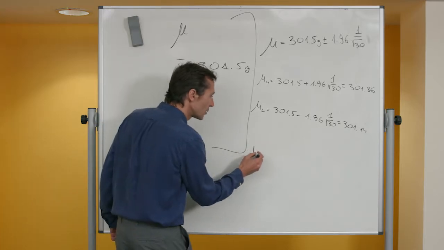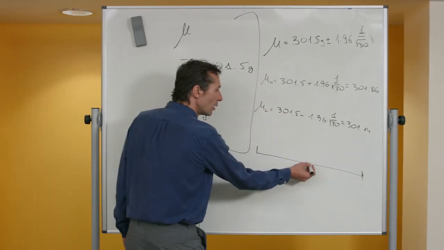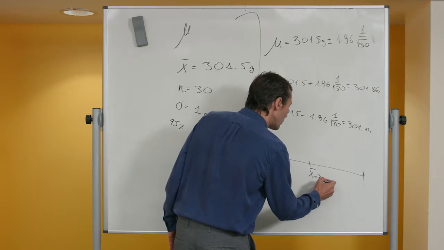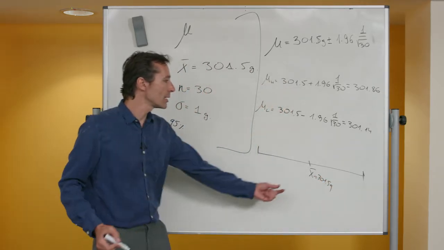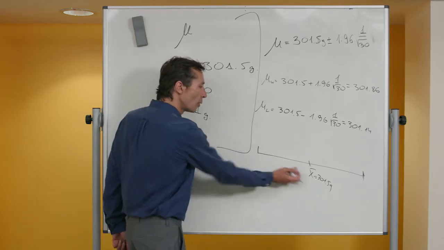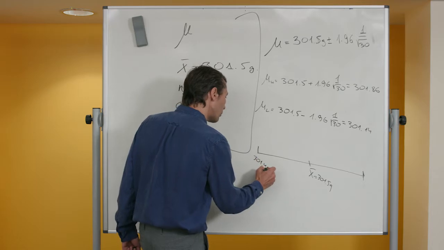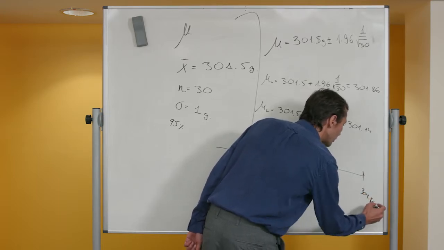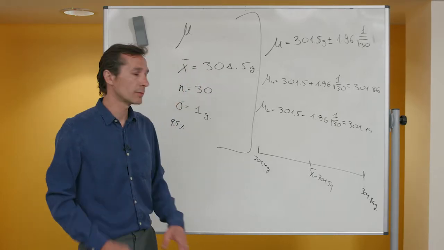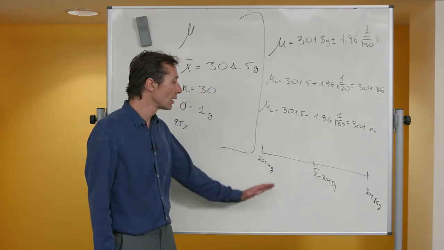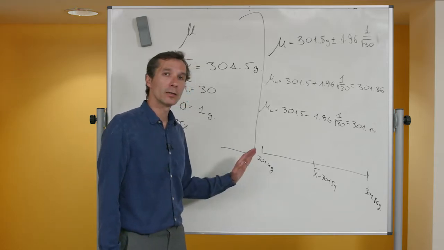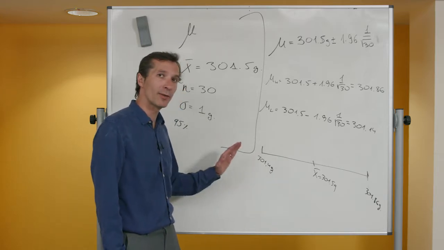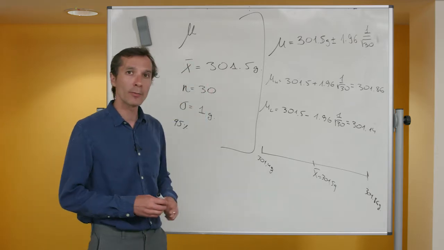So if we want to picture this, if this is our confidence interval, the x upper bar will be always in the middle: 301.5 grams. This is our mean, the sample mean. The lower bound will be 301.14 grams, and the upper bound is 301.86 grams. So what we can say, that with 95% confidence, we know that our mean of all the population, of all the cereal boxes that is produced by this manufacturer, will be definitely above these 300 grams that are